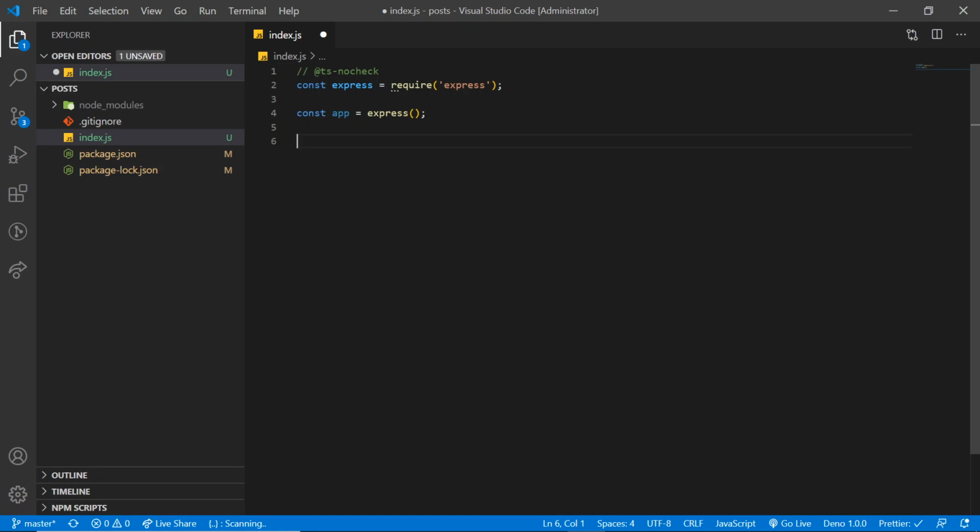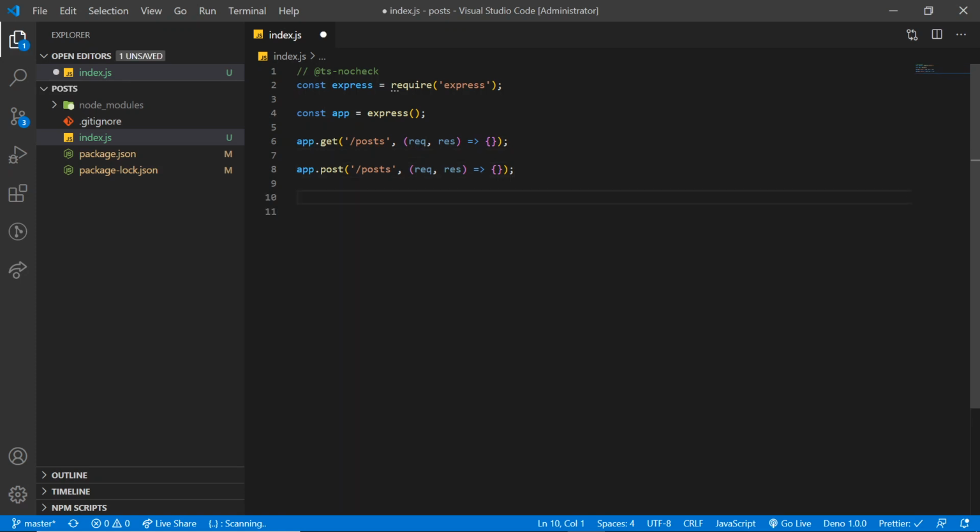Let's create a get method here. Now just like the get method, I am going to create a post method. In the last, I am going to make sure that my Express application listens on a very specific port.